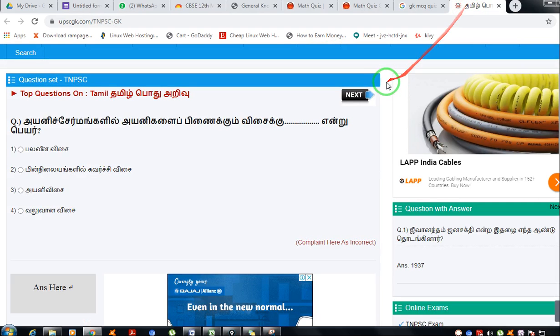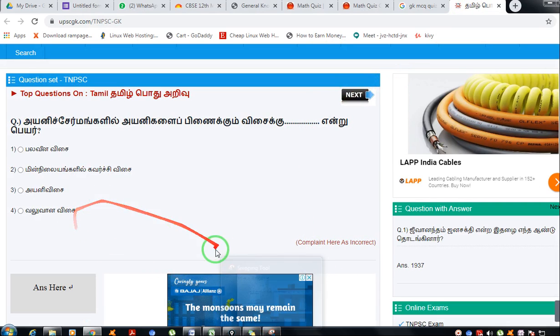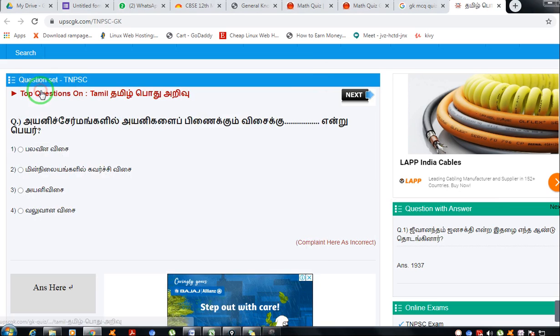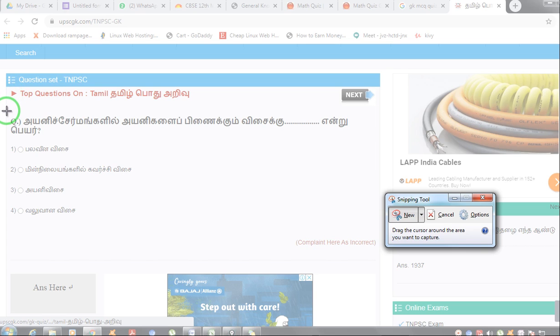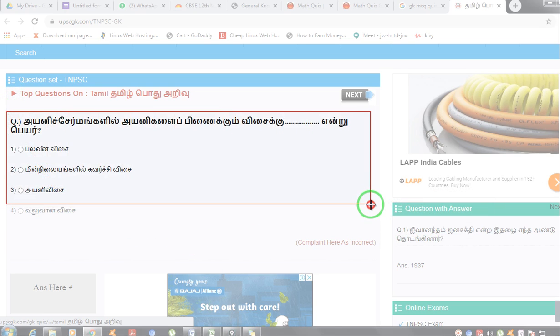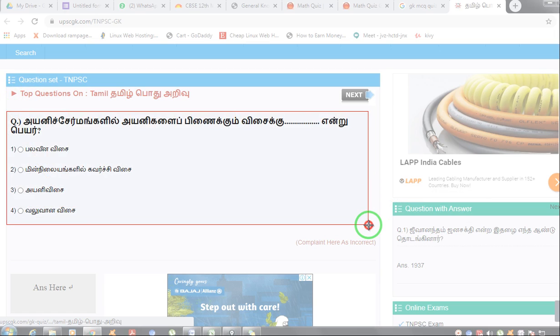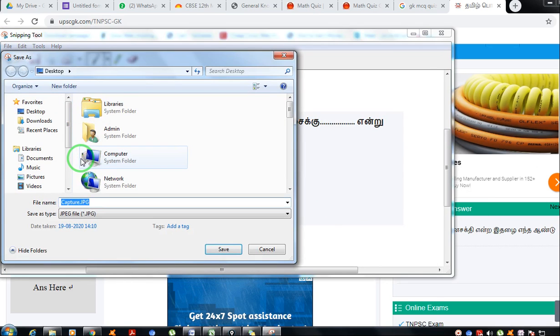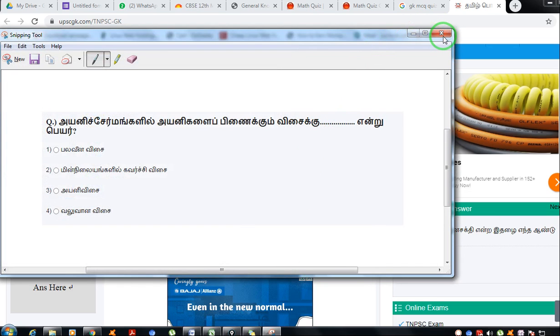Or you want to make in Malayalam or Tamil question. Again for that procedure is same. Click on new, and then just crop it. Select the portion that you want to cut or crop. So this way, Malayalam 1 or Kannada, Tamil. You want to create one more.